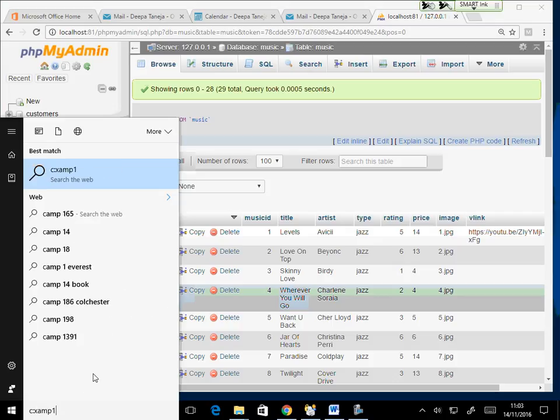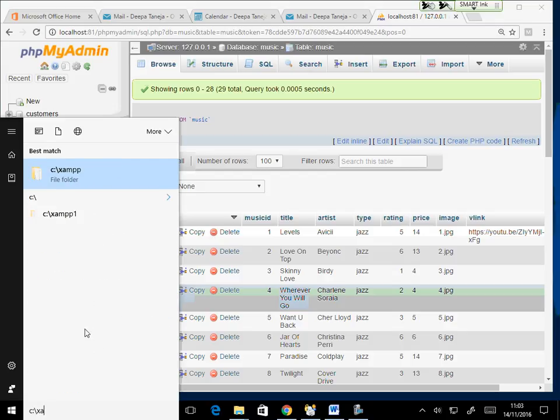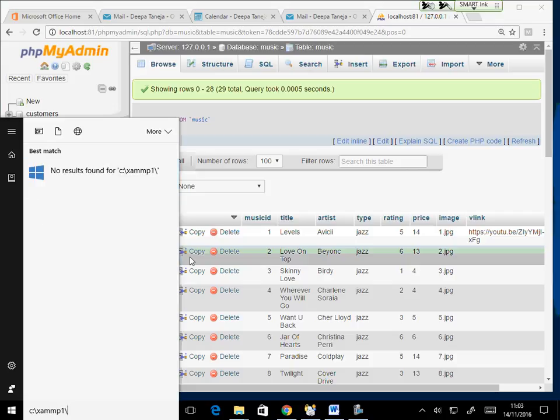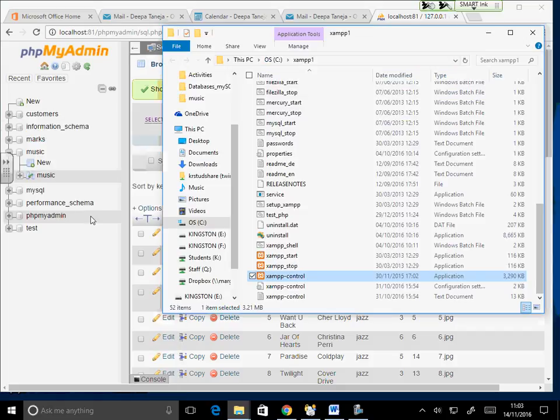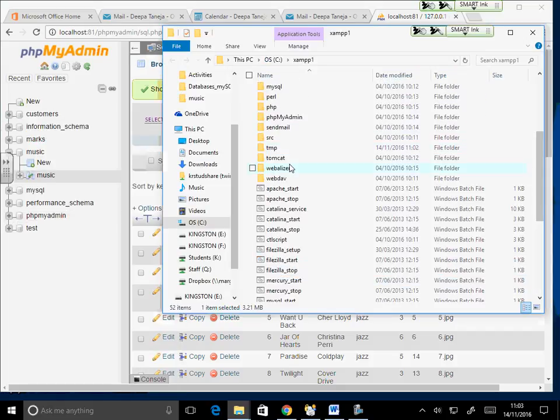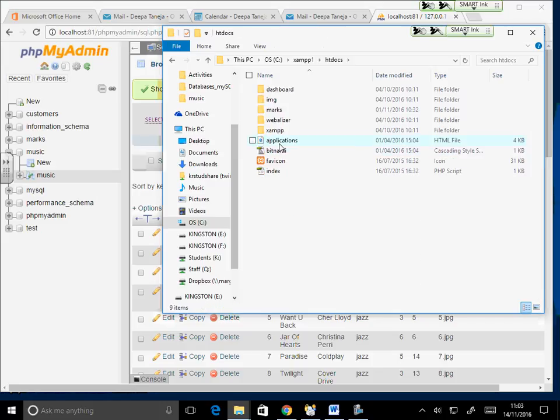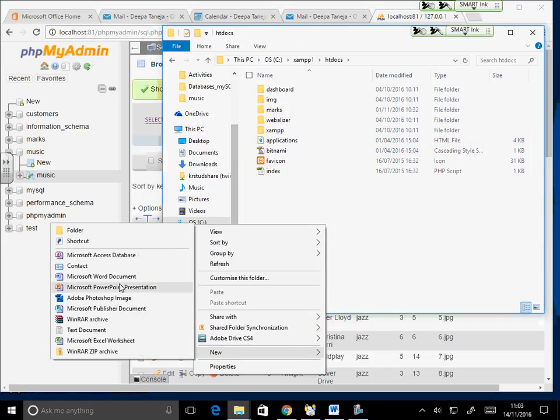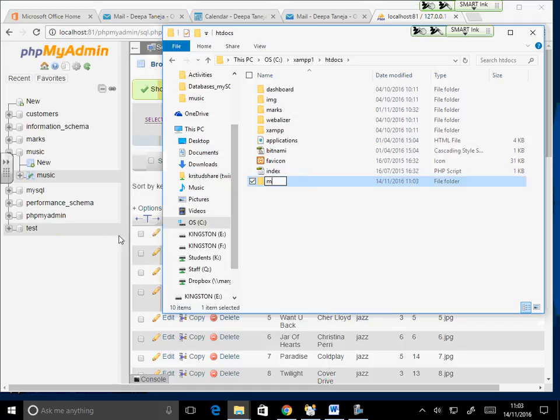Exam 1. And htdocs folder, and I need to create my folder which is called as, it's up to me what I want to call it.